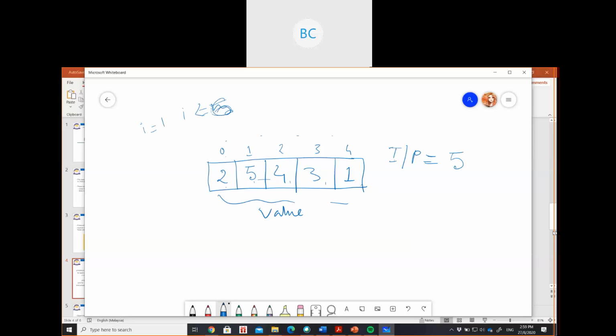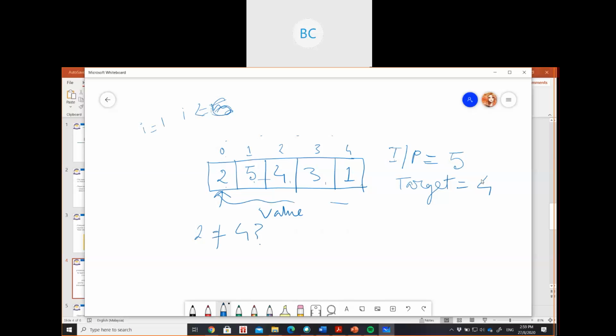So for this array, what do you want to find? Suppose your target is number 4. You want to search 4 in this array. First, you compare 4 with the first element. Is it a match? Is 2 equal to 4?